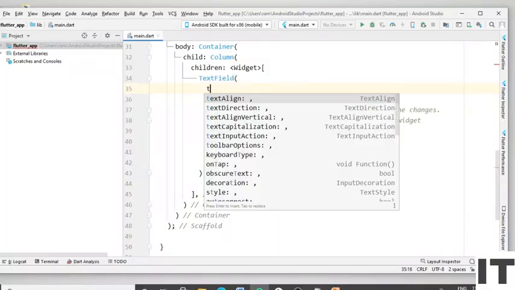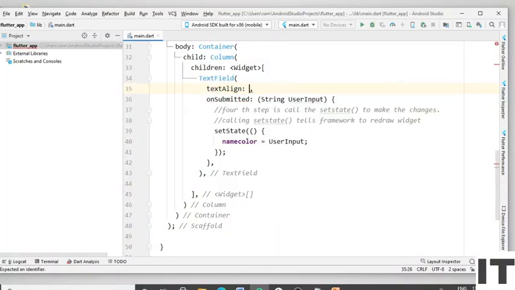Type textAlign. Again type TextAlign.center. When you use textAlign, the text shows in the center in the TextField widget. Now when a user hits enter or submits something, we also have to display it within our application right after the TextField widget. As the second element of the column, let's define our Text. Type the Text.